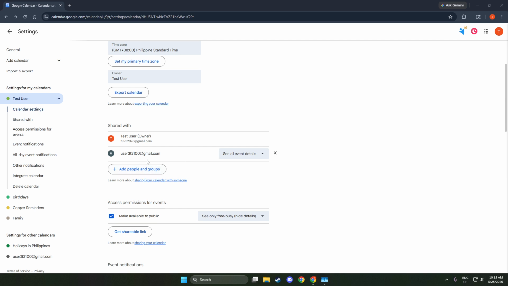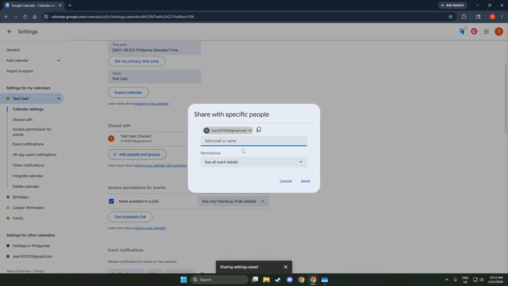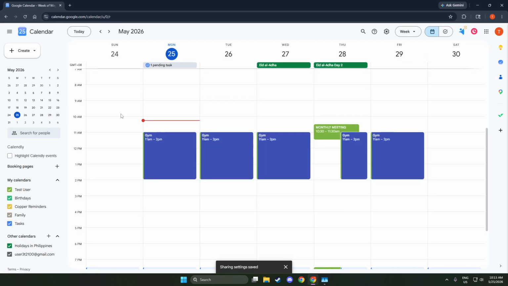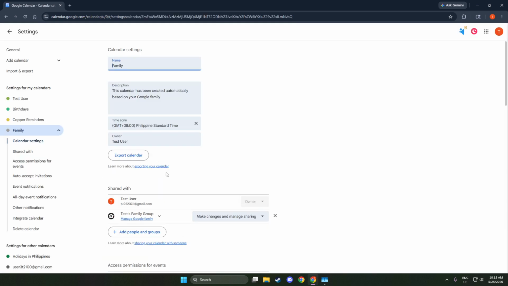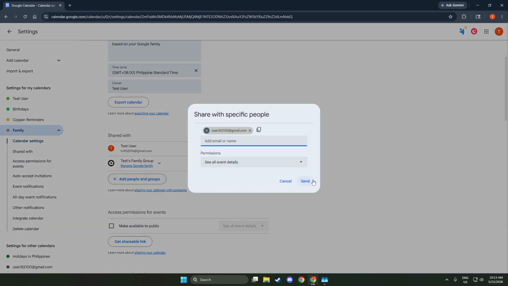That's the complete process. If you're connecting two calendars so each one can see or manage the other, just apply these same steps from the Other Calendars account as well. Anytime you want to update or revoke access, return to Settings and Sharing for that calendar and adjust the permissions or remove the person. With this setup, you'll avoid double bookings, coordinate faster, and keep control over what others can see.